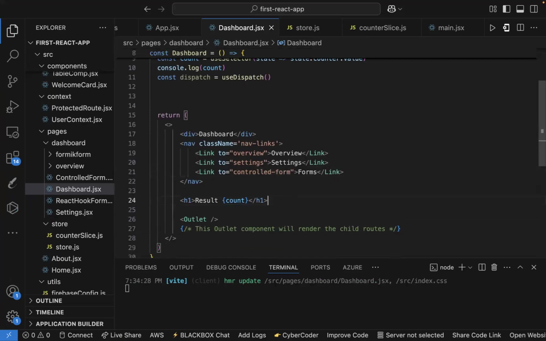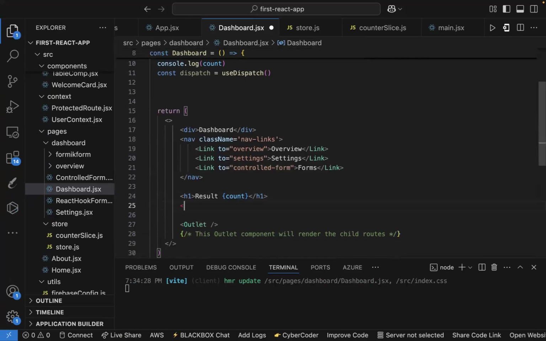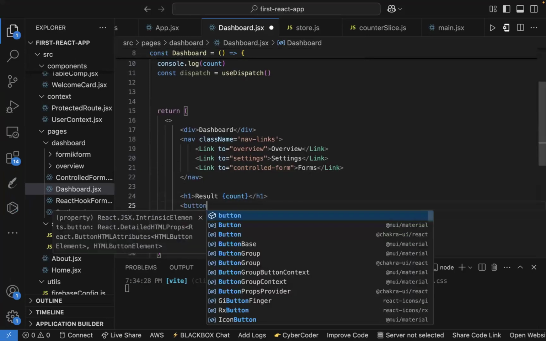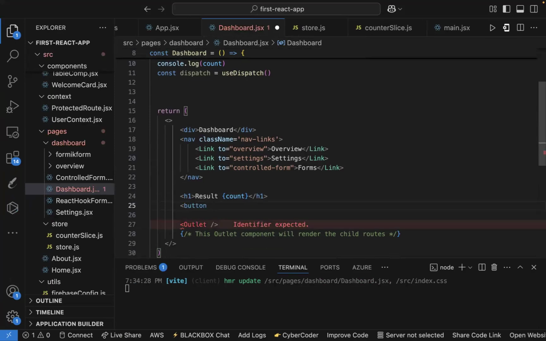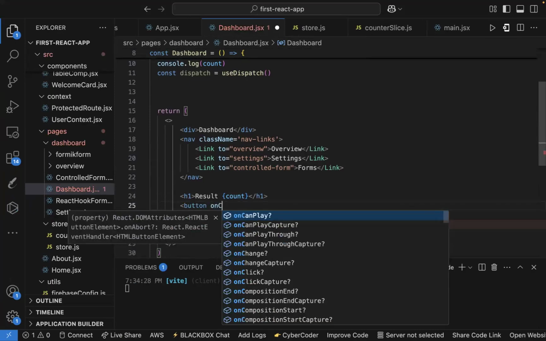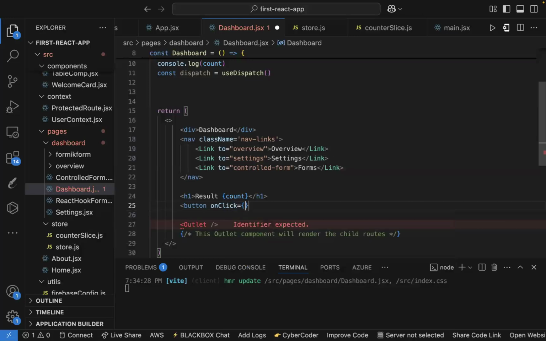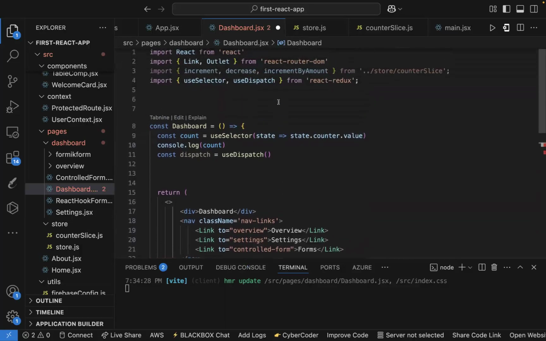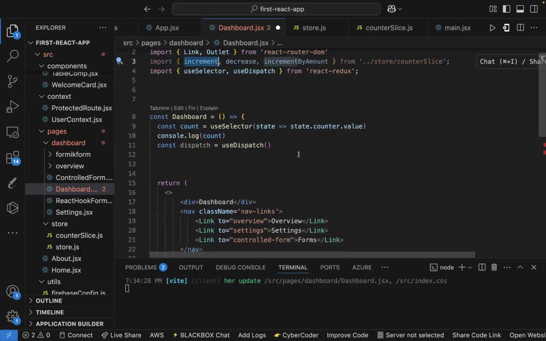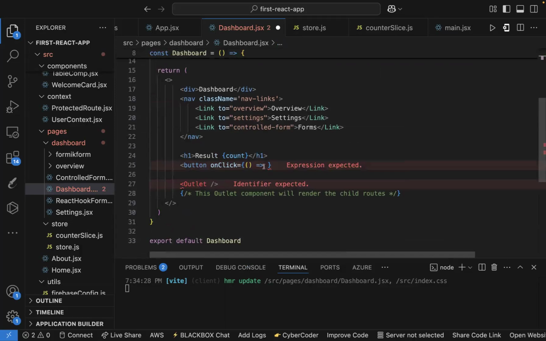So we can now add a button and give it an on-click event, okay? For the on-click, we want to trigger the increment action, okay? So if we come down here and add the increment,